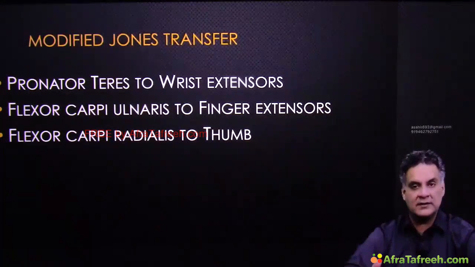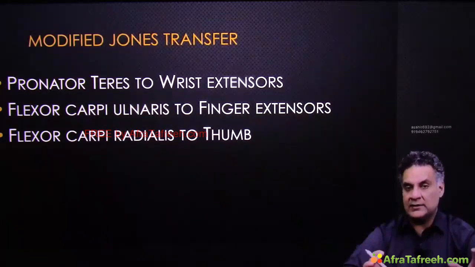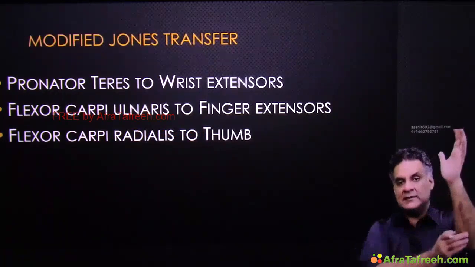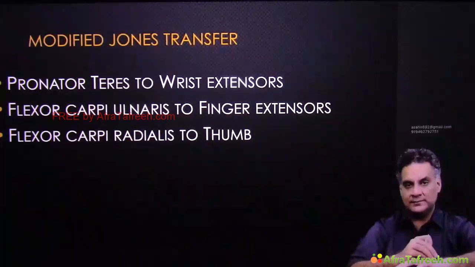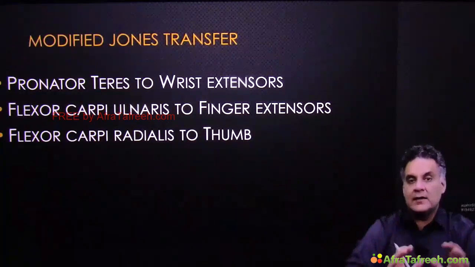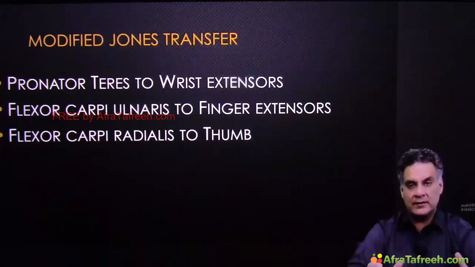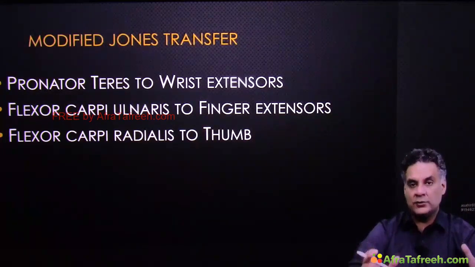What is tendon transfer? Taking the tendons of the intact nerve and transferring them to the damaged nerve. Example, the tendons of the ulnar and median nerve will be transferred to the tendons of radial nerve. This is called as modified Jones transfer, which is one of the commonest transfer done for a nerve palsy. Modified Jones is after the name of great Sir Robert Jones, the nephew of Sir Thomas. Jones transfer